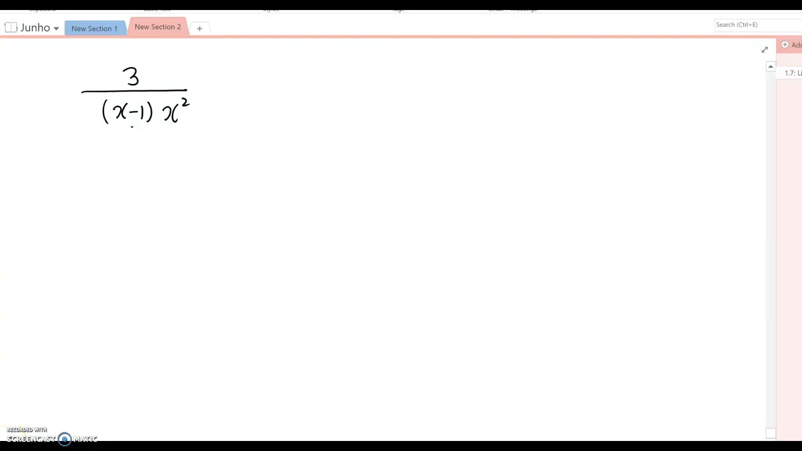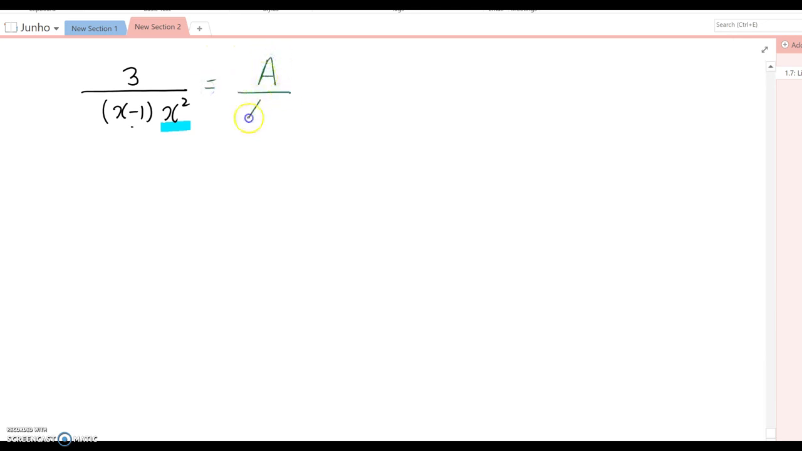So the next question is 3 over (x minus 1) times x squared. Unlike previous questions, this time the denominator has one of the quadratic factors. If it is a linear factor, then the setup is really easy. But now we have a quadratic factor, so the setup becomes a little bit different here. So I'm going to tell you, you can set up this